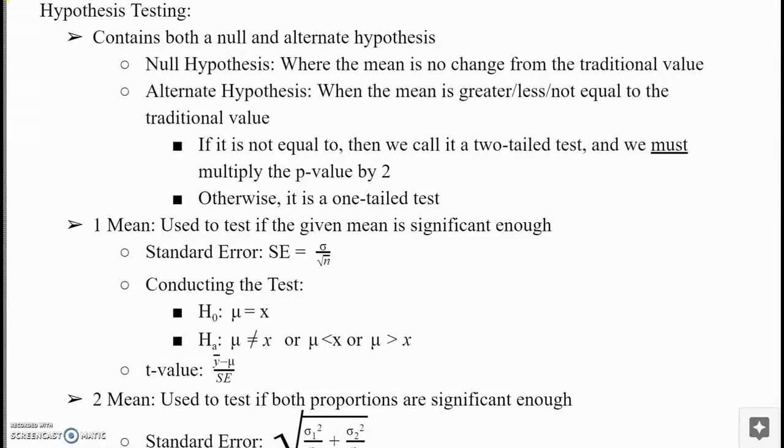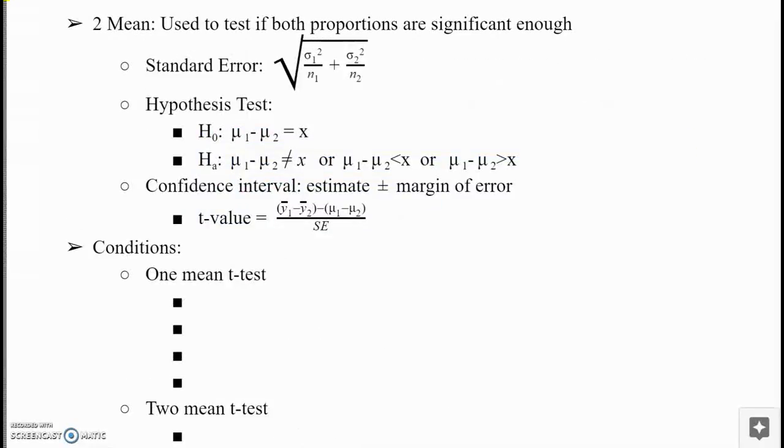Then when you put it into your hypothesis test and you conduct it, you will get some p-value, and then based off what your test is, either multiply it by 2 or try to conclude. There's again no change in the standard error, and your hypothesis test would be something like this. So mu1 minus mu2 equals x, and then your alternate would be